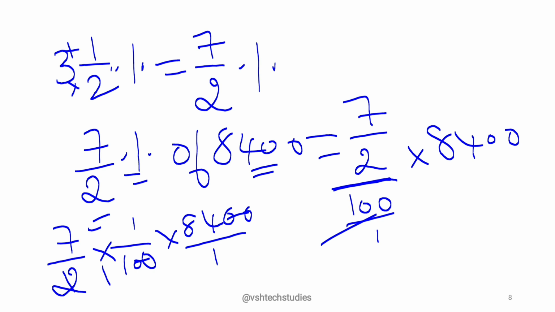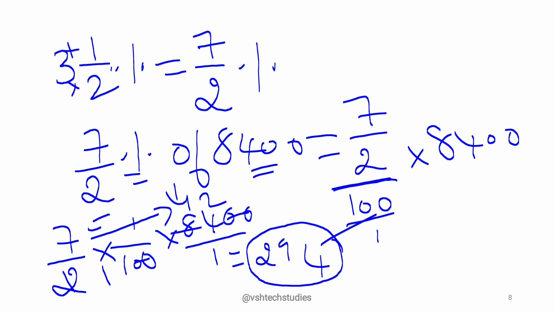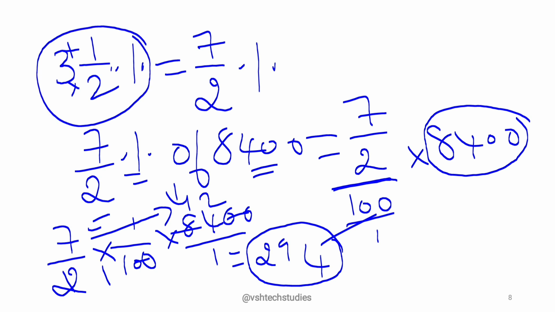This 2 ones are 2, 4s are 8. Then 2 twos are. So next 7 into 42, if you do, 7 twos are 14, 1 carry, 7 fours are 28, and this is 294. 294 is the tax amount he has to pay for the article the marked price of which is 8,400, because the tax rate was 3.5%. Means for every 100 rupees of the article he has to pay 3.5 rupees. Then for a total of 8,400 he has to pay the tax